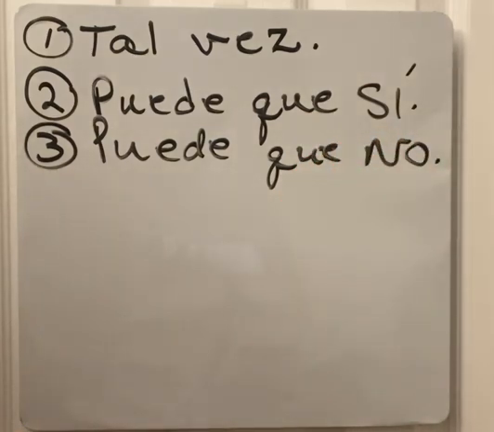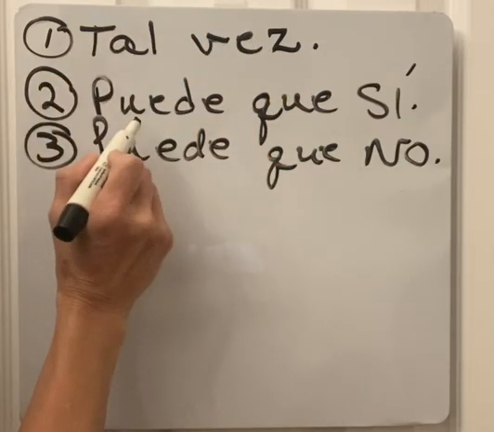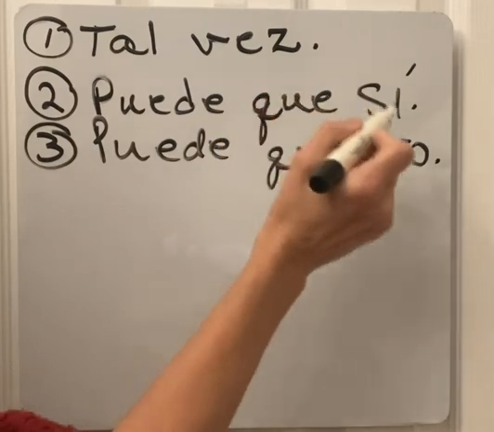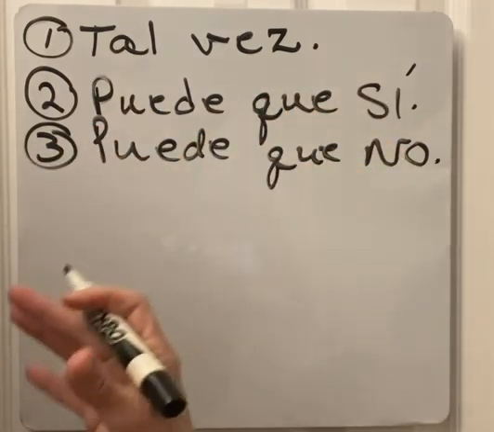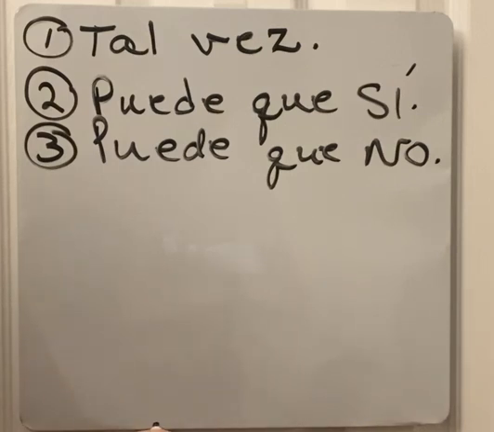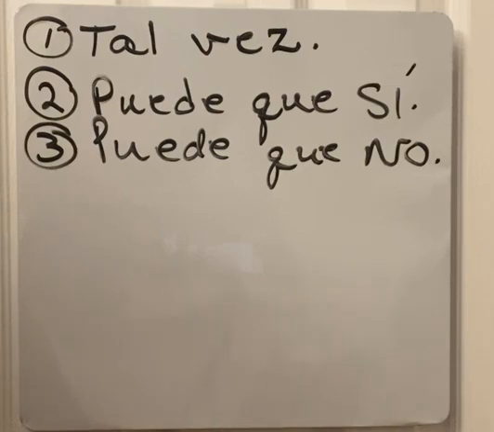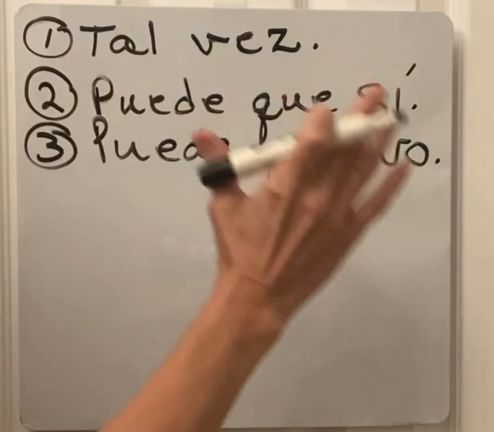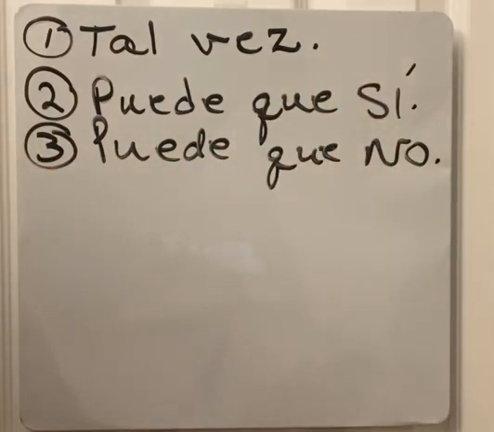Right? If you notice, here you have to remember 2 words. Here you have to remember 3 words. Here you have to remember 3 words. To me, if I were learning a new language, I would want to simplify. And that's what this channel is all about. We're trying to make it simple and easy, short and sweet. We don't want to overcomplicate matters. To me, this is a lot, just to say maybe.